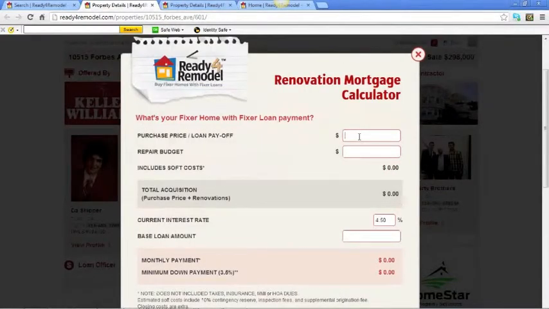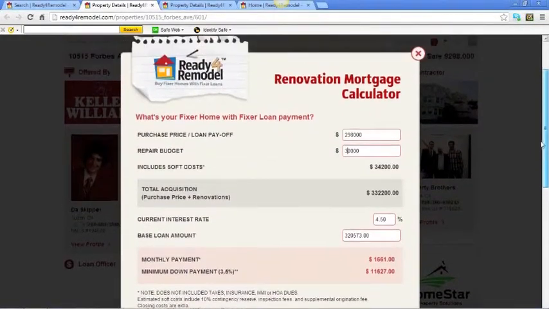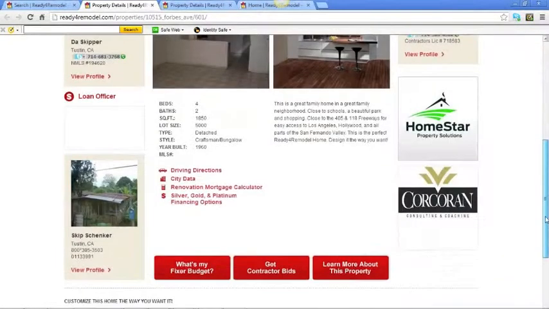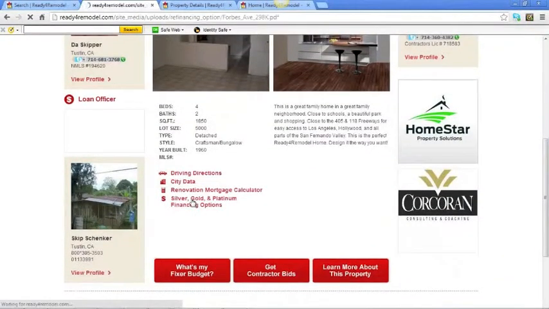It allows the consumer to play with it and put their numbers in. If I buy this house for $298 and do $40,000 worth of work, what's my down payment going to be, and what's my monthly payment? $1,718 is the principal and interest for $40,000. I don't want my payment to be that high. How about if I only do $30,000? $1,661, yeah, that works. Let's do that. So we allow them to play with these numbers, and then the financing options flyer is right here,